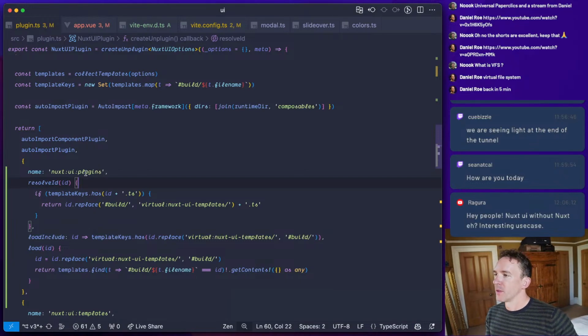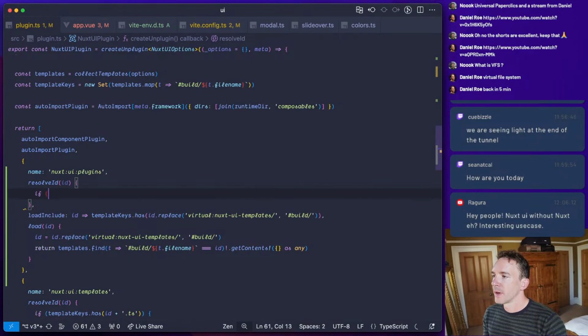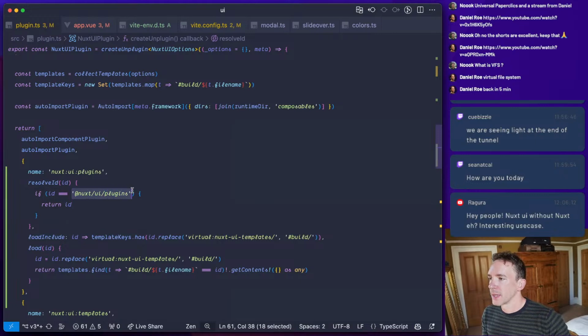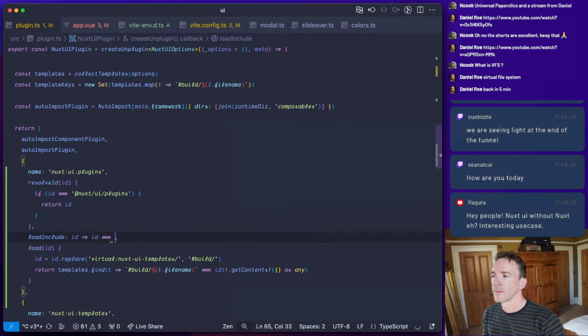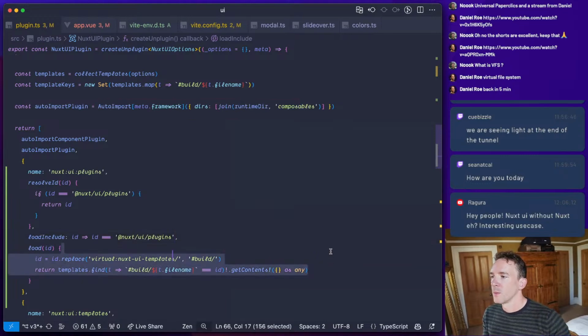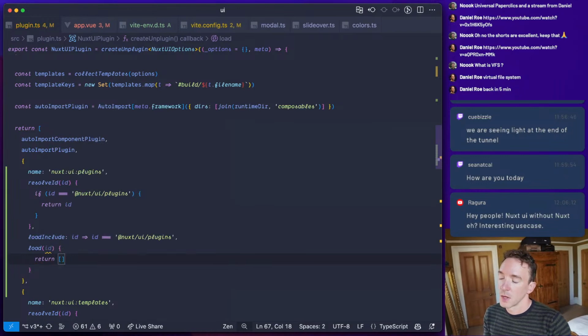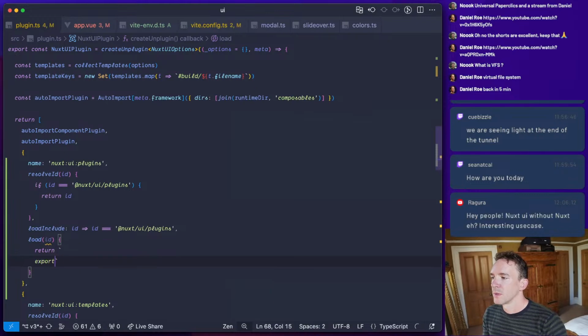Yeah, I have to have another virtual file, right? Okay, so if id equals nuxt UI plugins, return id. So and then basically the same is going to be here. Okay, then we're just going to return an array. Export a default.